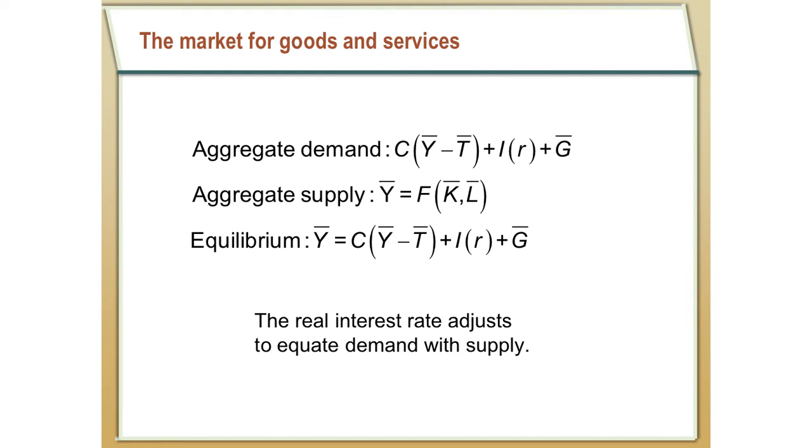One type of problem might ask: given that consumption follows a certain consumption function, and we have an explicit investment function that includes specific numbers, and we have an amount for government purchases, and an amount for taxes, plug all those values into this equilibrium condition and solve for the real interest rate. Then see what happens when government spending goes up or taxes go up or down. Or what happens when the investment function changes a little bit or the consumption function changes a little bit. Those are all sorts of problems that involve plugging values into this equilibrium condition and solving for the real